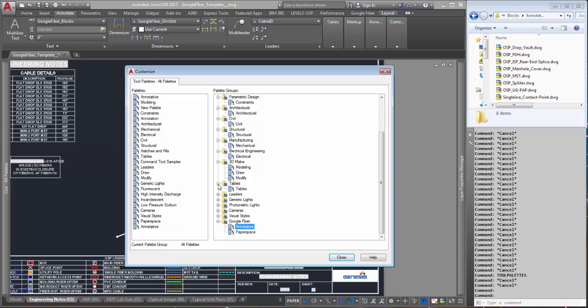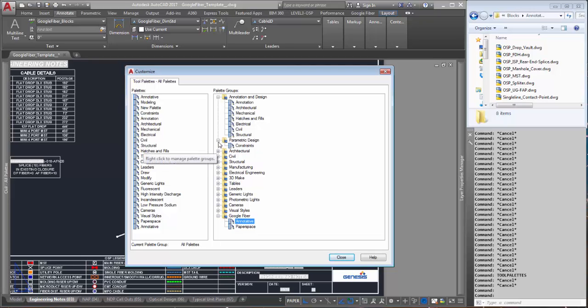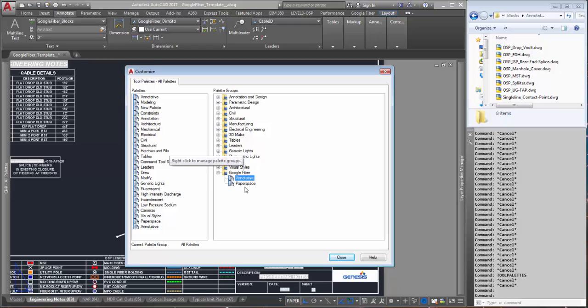You'll see all these palette groups, they have some of the same ones listed over and over, and you can take any of those from the left and include them into your palette group. Like I said, I don't know if you'll find any of them very useful, but you can certainly drag them over and put them in just like that. Let me see. Hatches. We might find some use for hatches. Alright, we're going to close this